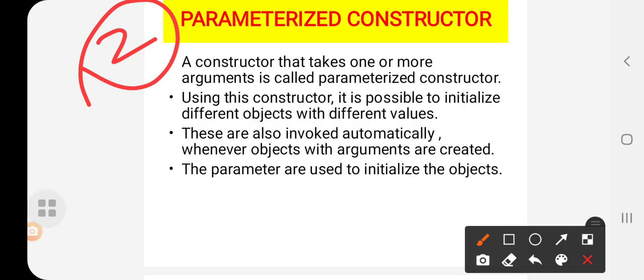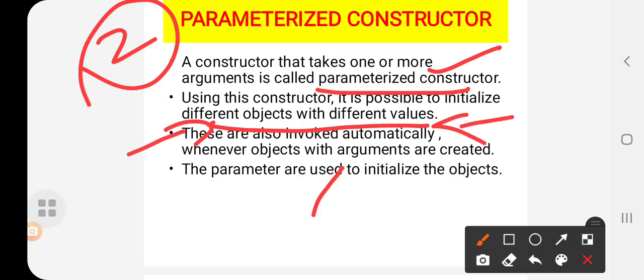A constructor that takes one or more arguments is called a parameterized constructor. Using this constructor, it is possible to initialize different objects with different values.